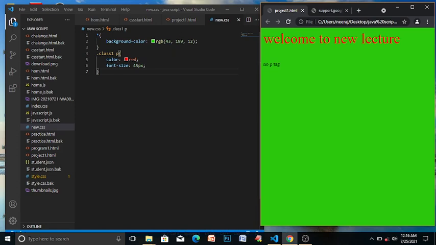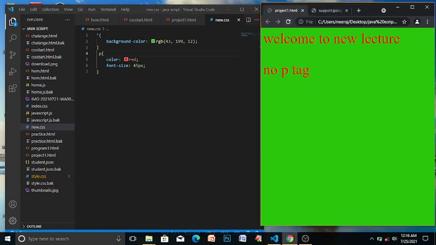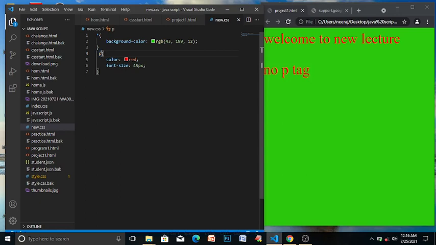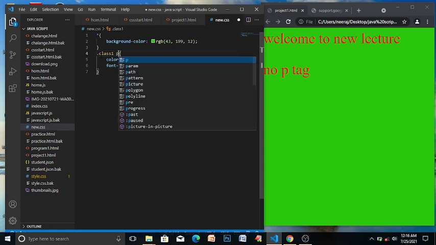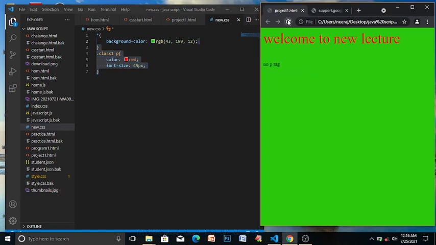If you remove this class and apply only this element selector, then it will be on both tags. But if you write it as you did, then it will be on only this one. This is a good way to write your code.